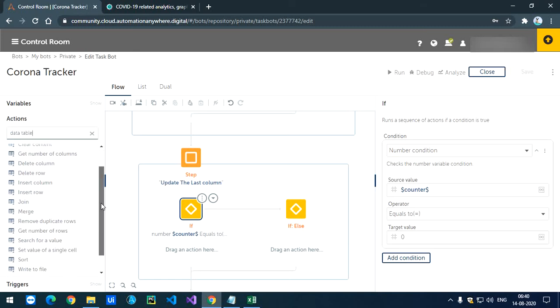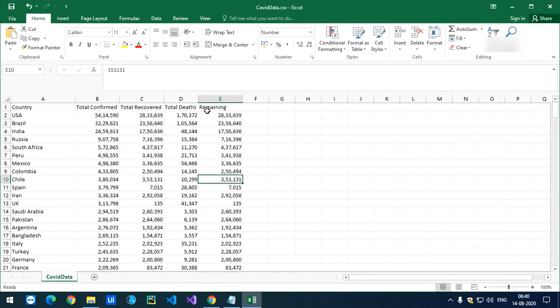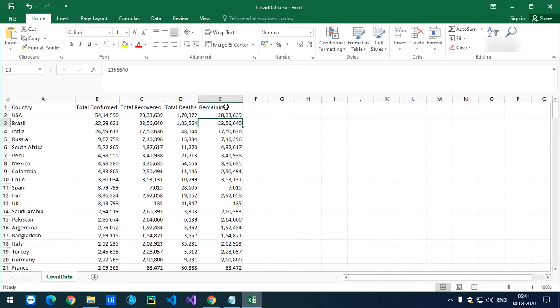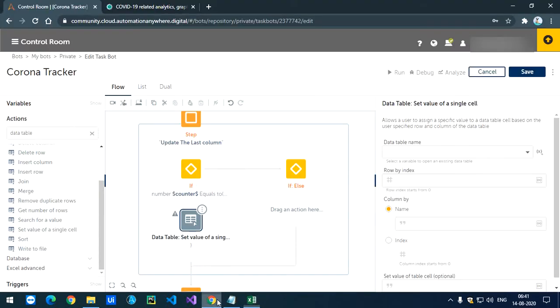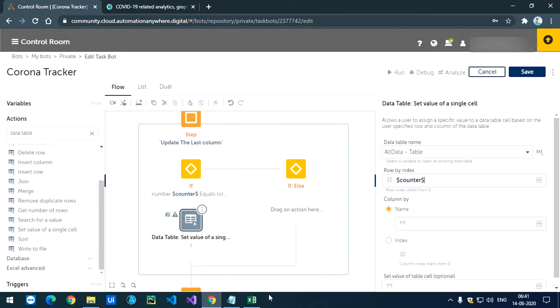In this data table, there is set value of single cell. This is considered a single cell. This is also a single cell. So first for the 0 index, I need to replace in that data table, select row by index. The row will be the 0 index, so I will use the counter variable because I need to change that index again.